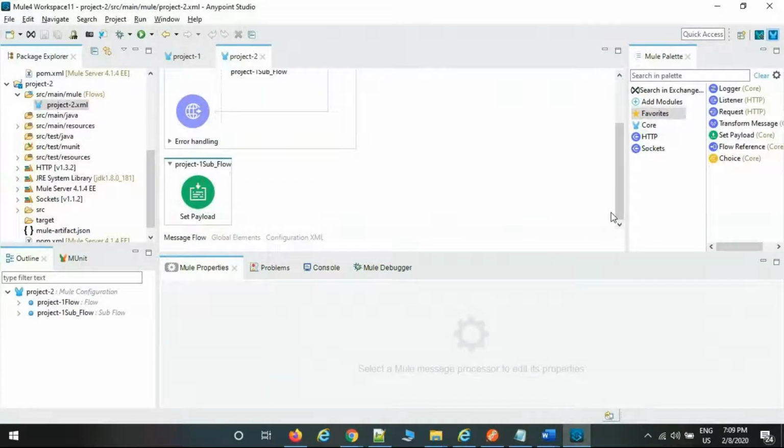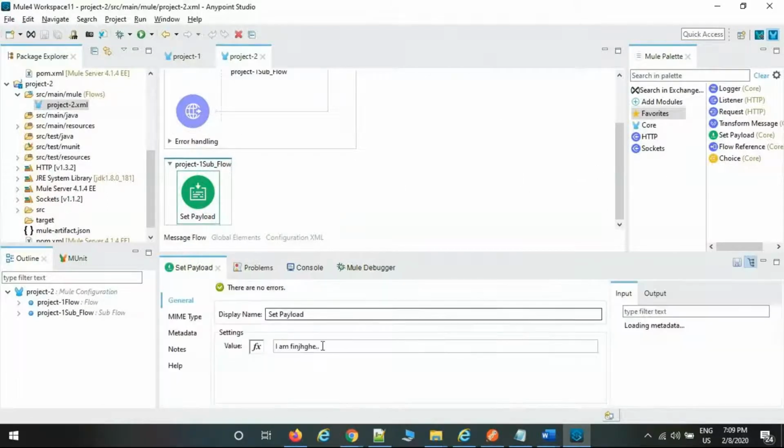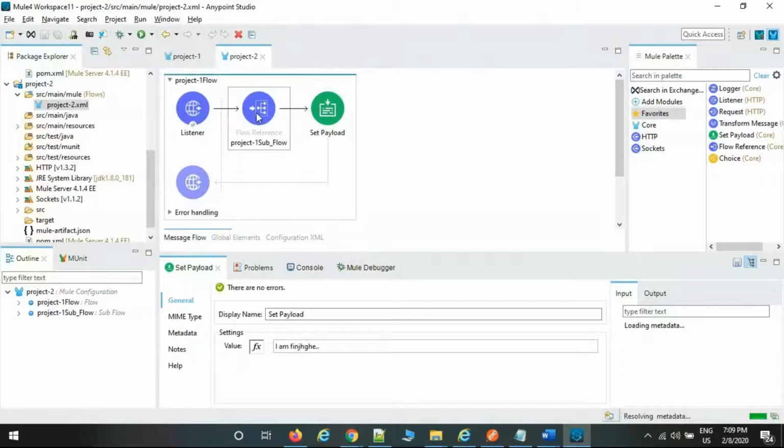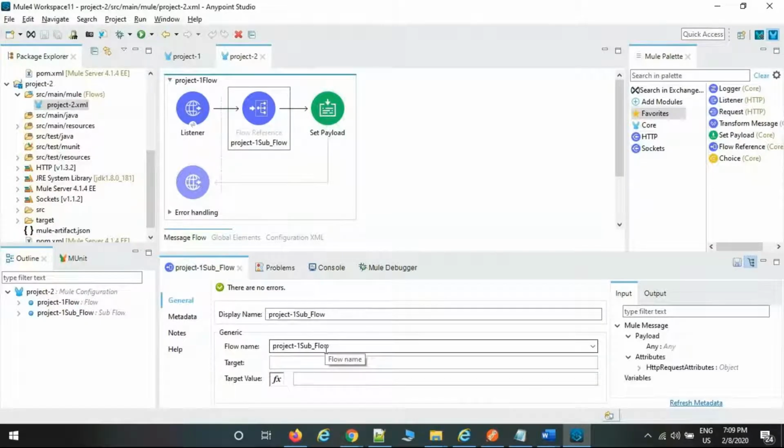Instead of sharing the entire project, just share an XML file. The same XML is imported into the configuration XML, and the flow is automatically reflected here. You can see there is no change on it. Everything is going to be displayed here on the flow reference. Like this, we can exchange data from one flow to another flow also. This is the advantage of this configuration.